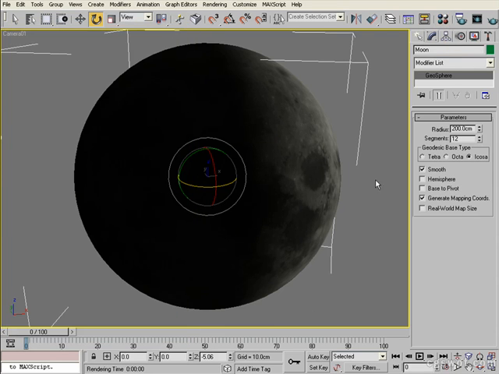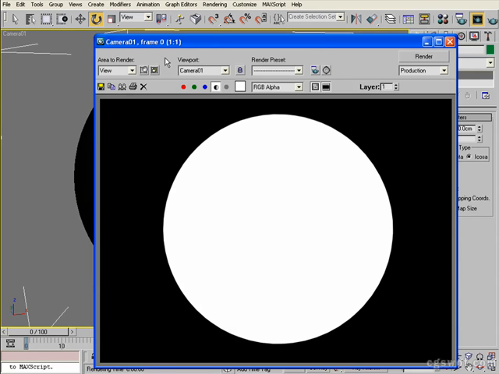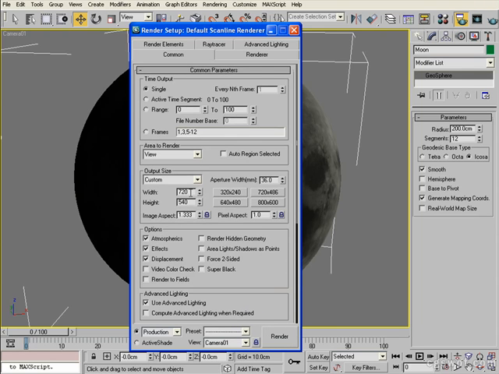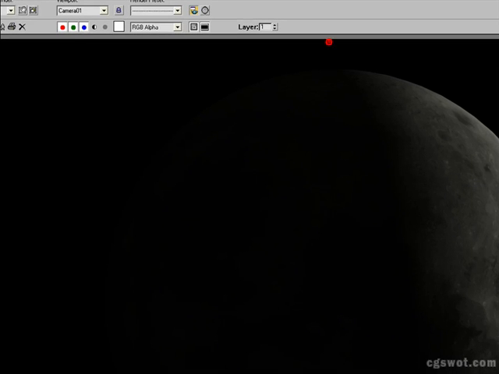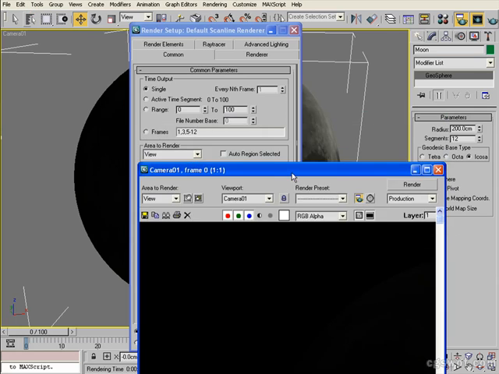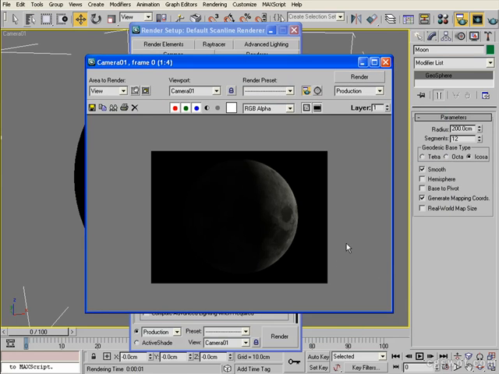Now, the reason why I haven't scaled it down or anything like that is that we're going to render these objects out separately, completely enclosed in the resolution, so that we can just position them in After Effects. And what I mean by that is make sure that none of the object is actually hanging out of the resolution there. And what we can actually do is bring up our render settings, and we're going to render out at double size. So just with these locked, I'm just going to punch in, say, 1440 and render that out, and it's huge, so I'm just going to slide it in to fit in the tutorial window here, and that's basically what it looks like there,